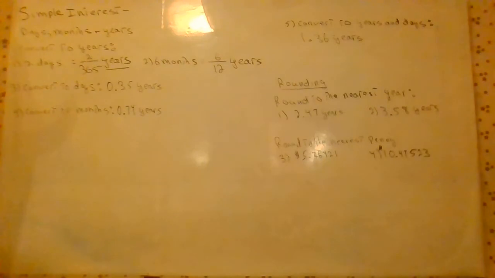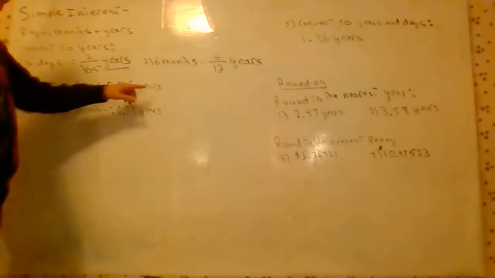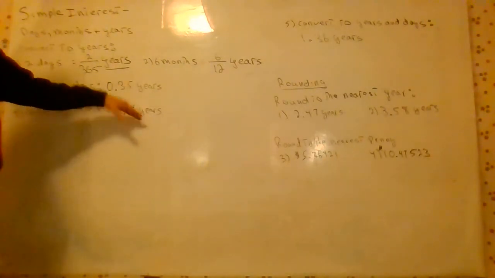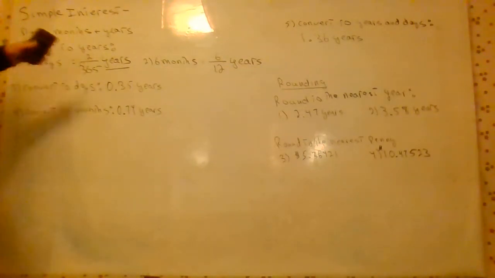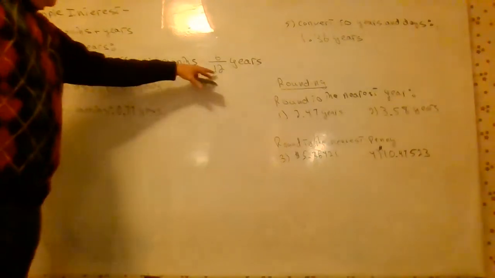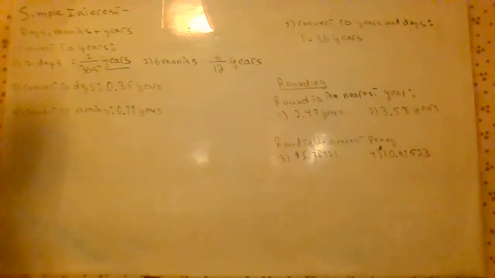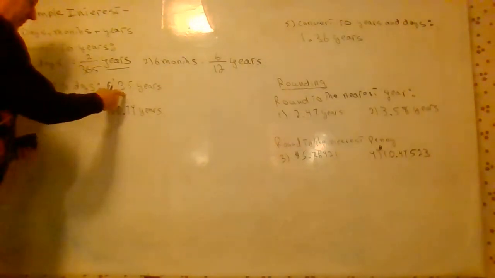Now we want to convert to days given years, and we want to convert to months given years. These are conversions when it comes to solving simple interest problems. It'll be good that we reviewed these basics. To convert to years, we divide by 365 or divide by 12. To go backwards, we're going to multiply. We want to convert to days, so we're going to multiply